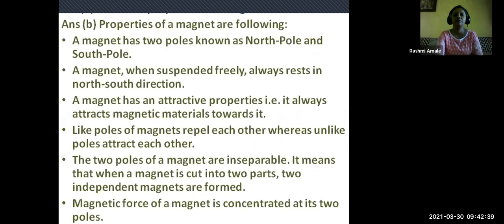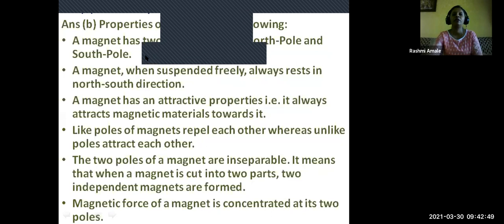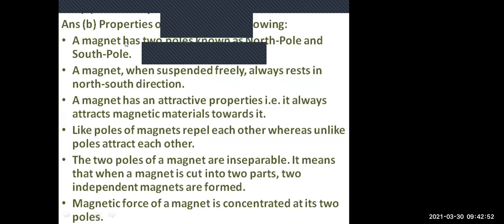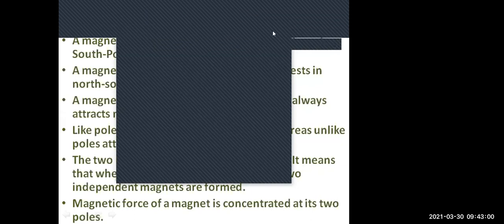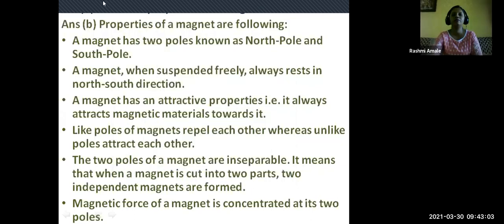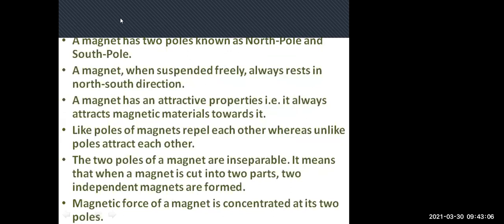Write the properties of a magnet. Now this you all know. We have revised it. Properties means characteristics. Okay. So what are the properties of a magnet? 6 properties we are having, right? Who will read out? See the first one. A magnet, it just is not clearly visible. Miss, it is not clearly visible. Now can you see? Properties of a